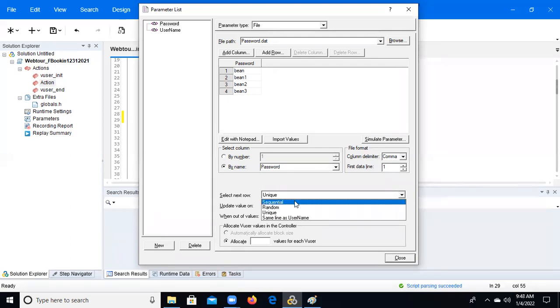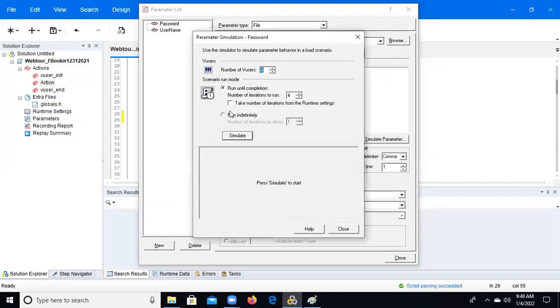Now we can select sequential ones. Let's see what happens for sequential ones, with 4 iterations. Sequential means every user picks the first data point. What is the first data point? We have bean only. So every user picks bean only.